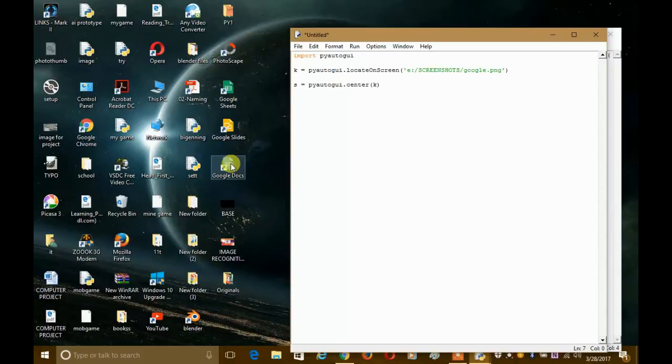I don't even know what are the coordinates of the place I'm pointing this time. So it will be totally an image recognition process. So let's do this. Now I will call here the function pyautogui.moveTo. moveTo is a function that allows you to move your mouse to a specific coordinate.